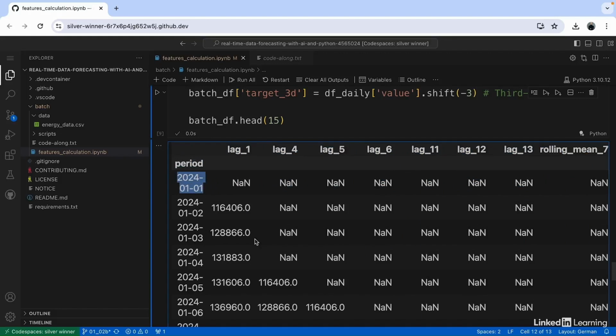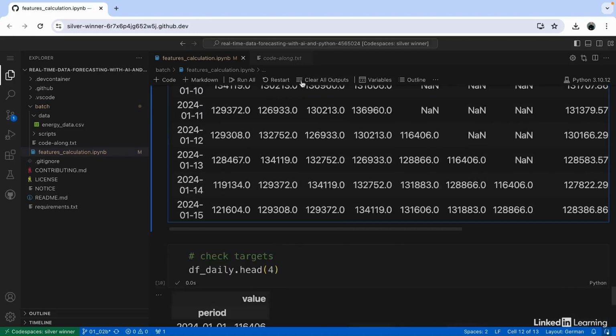I'm just taking this time to understand because it's very important to understand how this data is structured and what we're actually trying to do here, because we're now taking the time series data that we have and breaking it up into regular features that we would normally use in order to build a machine learning model. All right. And with that being said,